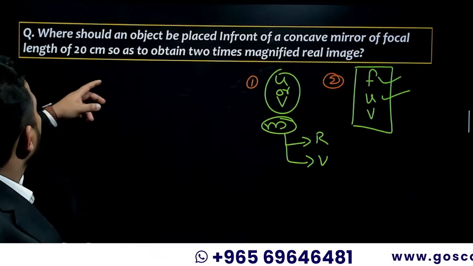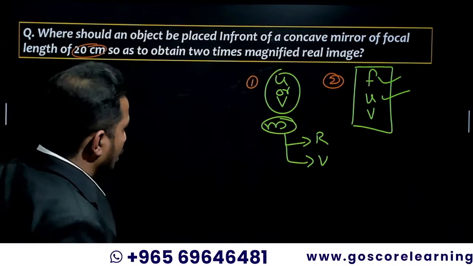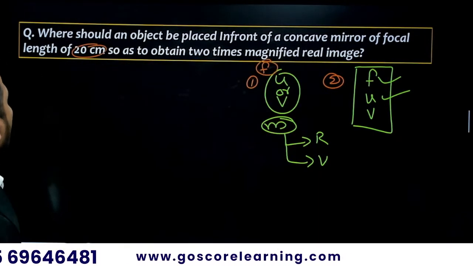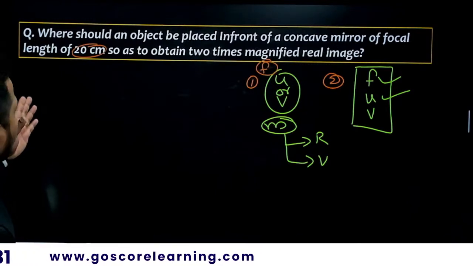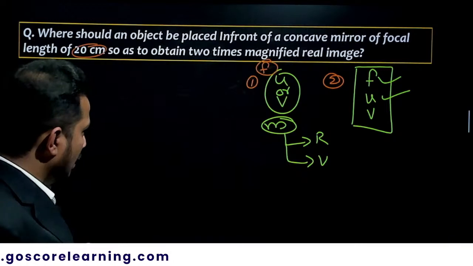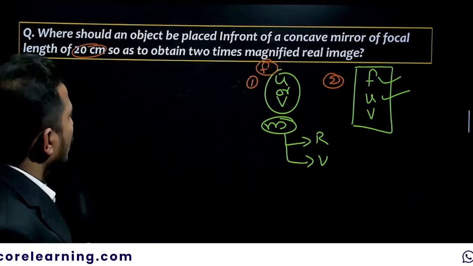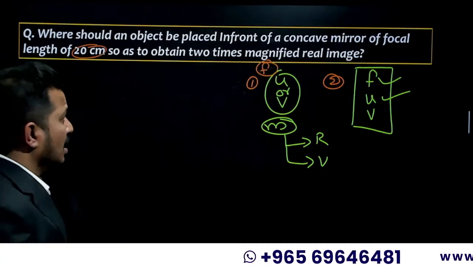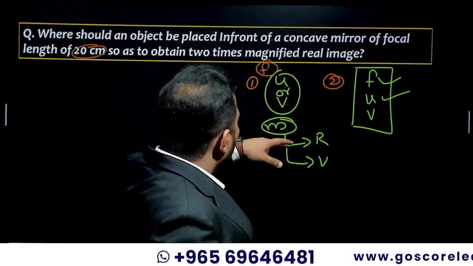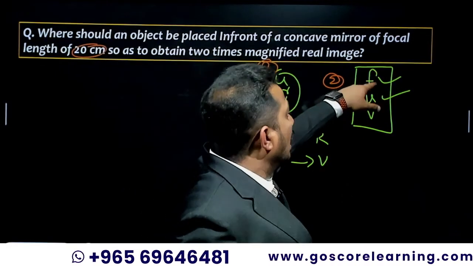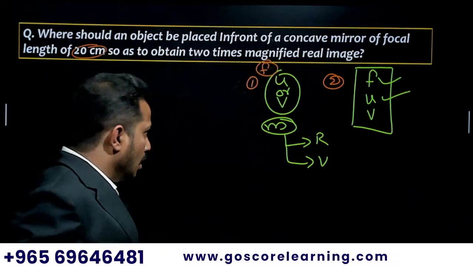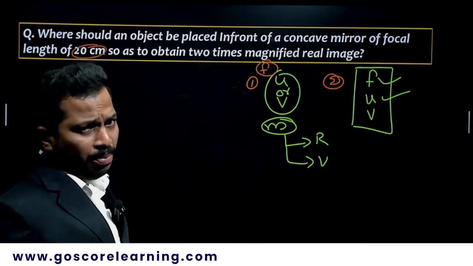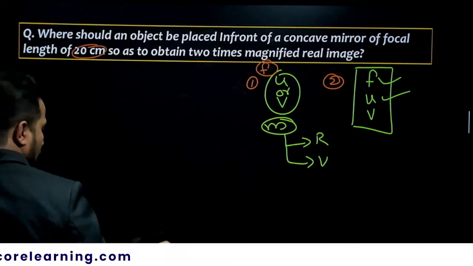What is given? Focal length 20 centimeters. So here, f is also given, and using f also we can find it. So f, u or v, any one will be given out of these three, and magnification is also given. We at least need two data, either f, u or v and m, so out of these three any two things will be given. So this type of question is coming from the first set, right? Like the first type of question, here focal length is given,